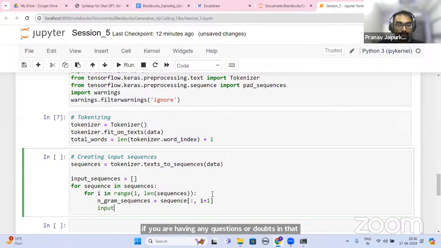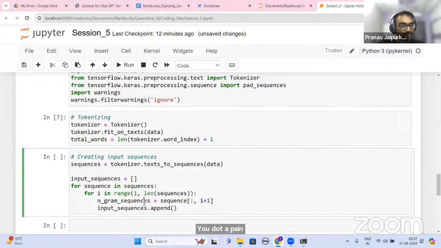And input_sequences.append(n-gram sequence). Okay.